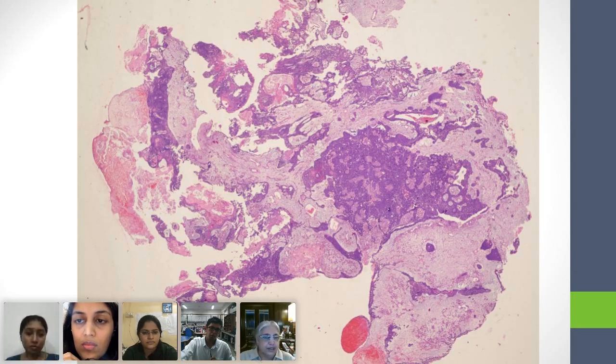And this seems to consist of just two types of elements. One, which was described by Kshitija, is largely a very blue, bluish gray stroma, and it's not very cellular. At this level, you can't see. So it is hypocellular but bluish gray stroma in which you can see the other element. And what is that other element? It's very basaloid. It looks like an epithelial structure that is basaloid and seems to have irregular spaces within it. Can you see that?